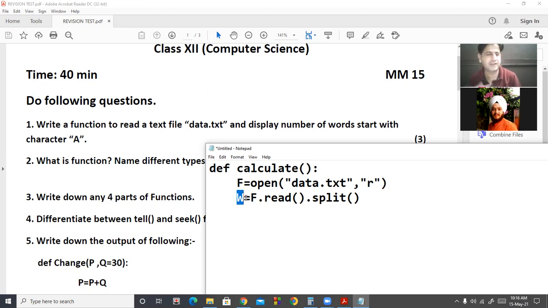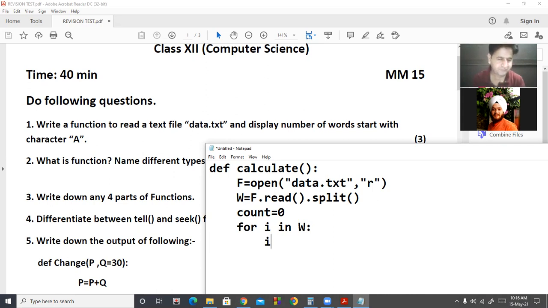Different words will become elements in it. Now we will use, I take one variable count equal to 0. We use for i in w. So in i there will be first word, then second, then third, like this.